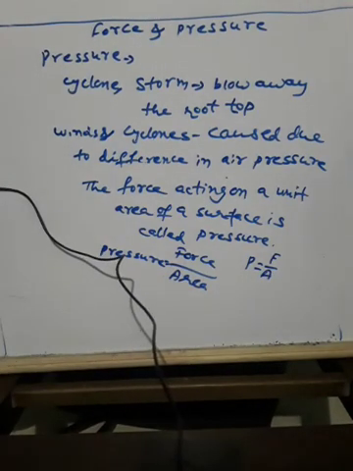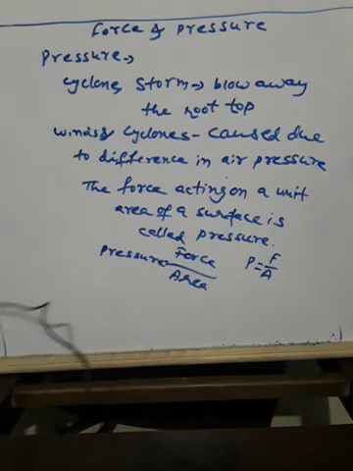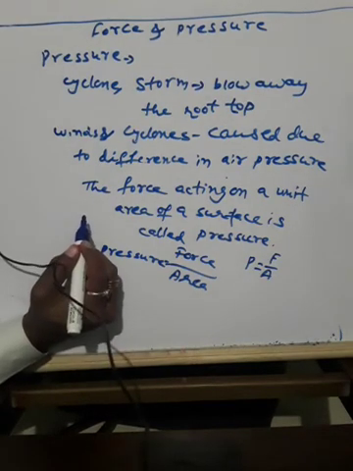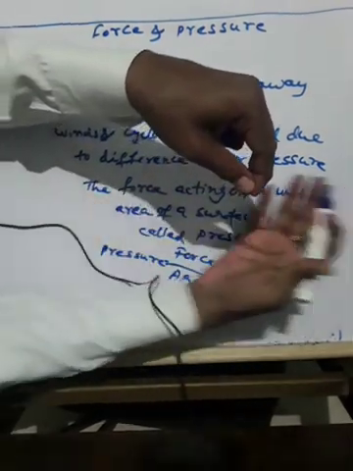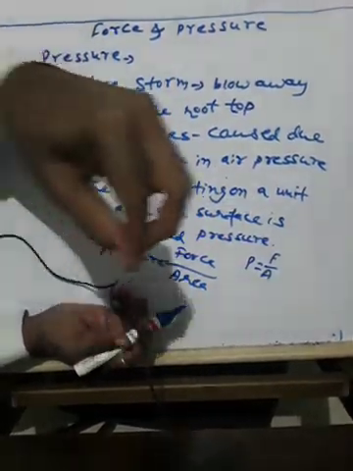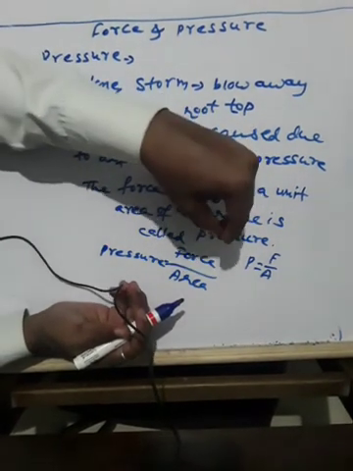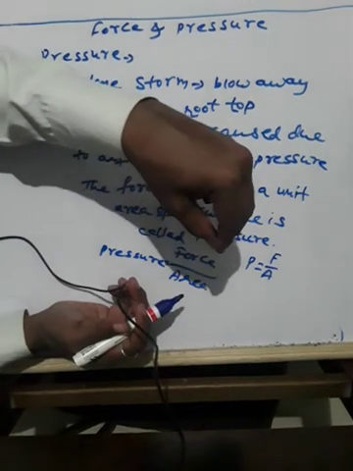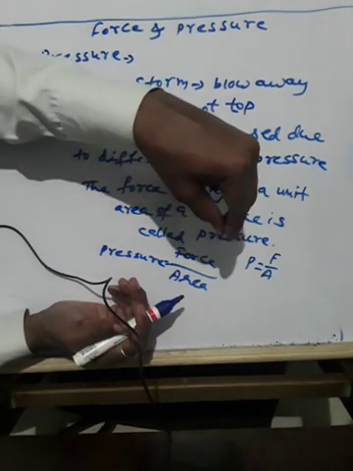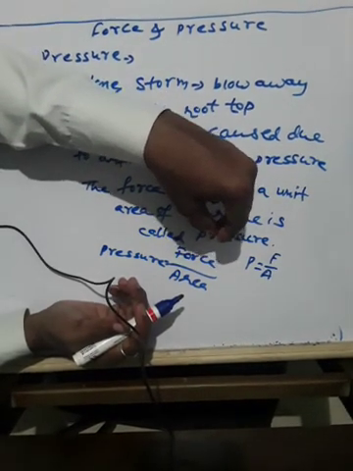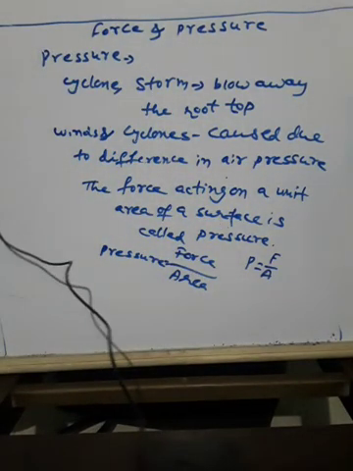So at this stage we consider only those forces which act perpendicular. When you took a nail and tried to fix it here, because the surface is straight, your force is acting in a perpendicular direction. So we are considering the force which is acting perpendicular to the surface. When the force acts perpendicular to the surface of an area, such a force is called pressure. Okay. So there are many examples.